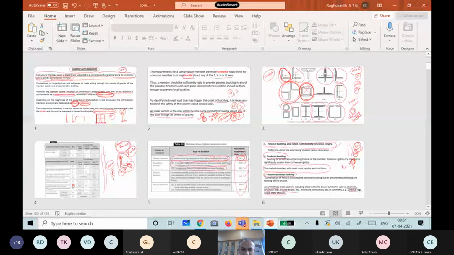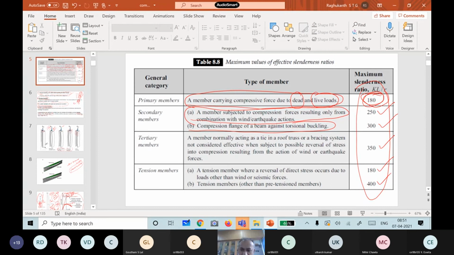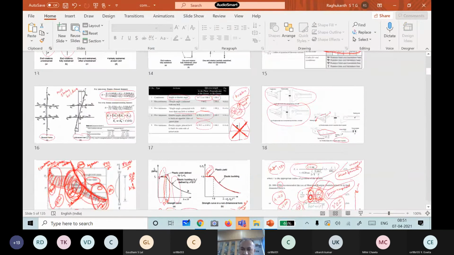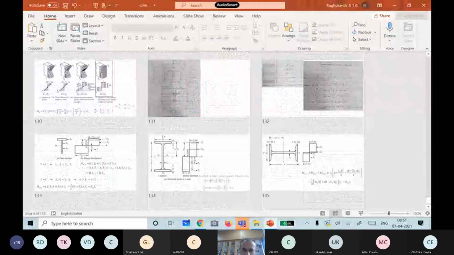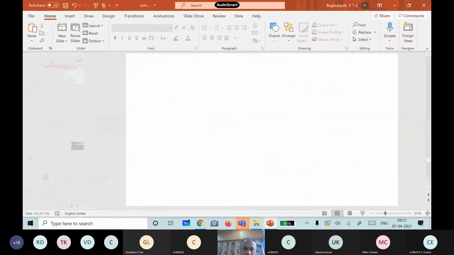For tension members you followed, right? So what is the maximum thing? Can you see here? 180. 180, so this you should remember. Okay, so 180, we have already discussed all these things. So 180, this is very important.